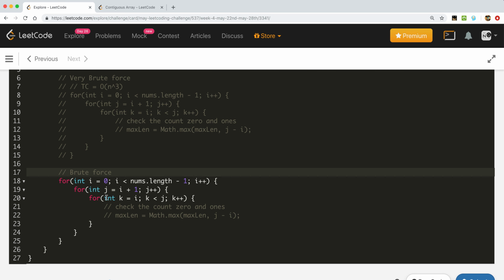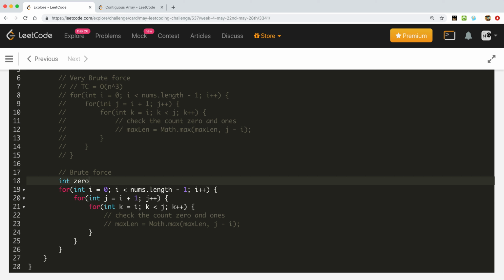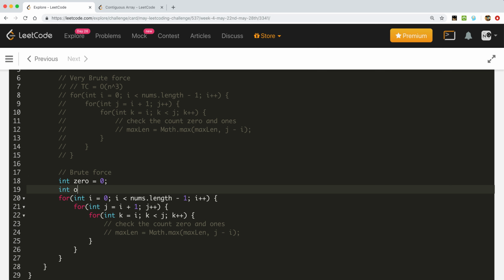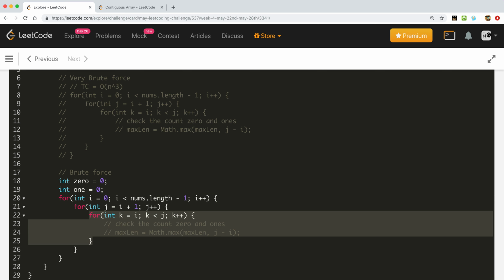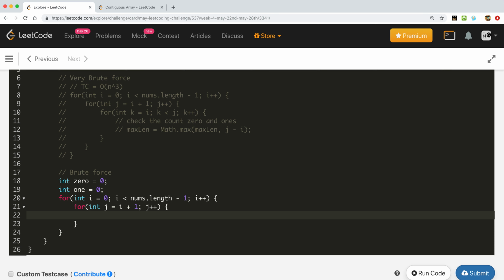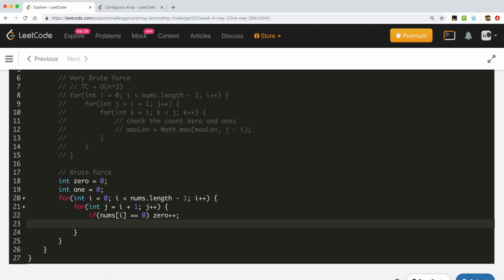In this solution, we can keep two variables here, int 0 and int 1 from 0, and instead of looping through a third loop, we just count here: if nums of i is equal to 0, 0 plus plus, and if nums of i is equal to 1, 1 plus plus.